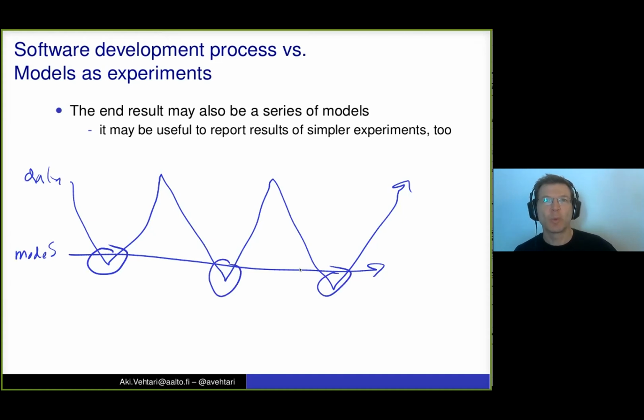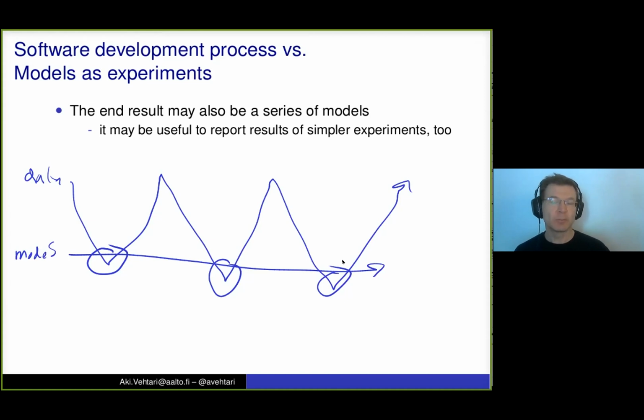Even if at first we used the iterative learning process that we learn from ourselves, when we are communicating the results, it can be easier to report that, okay, with the simpler model, we can see these things from the data. And then we can take this kind of component: how the model changes, how much we can learn from the updated part, and how one change alters the situation.